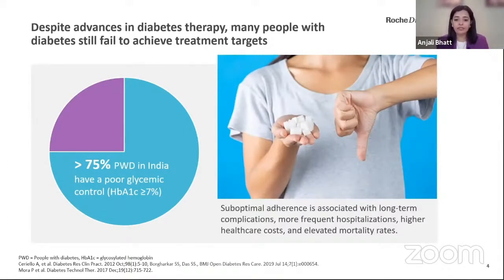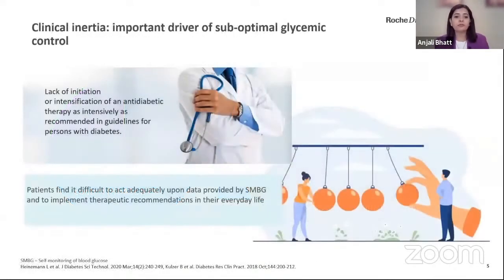Hypothetically, there are some trials also, but even if we try to take an average HbA1c of the country's people with diabetes, I don't think it will be anything lesser than 8 to 9%. And probably this is similar in most of the countries. In spite of advances, in spite of technology, in spite of newer and newer medications, we are yet to reach the elusive target of less than 7% of HbA1c when it comes to averaging the patients with diabetes.